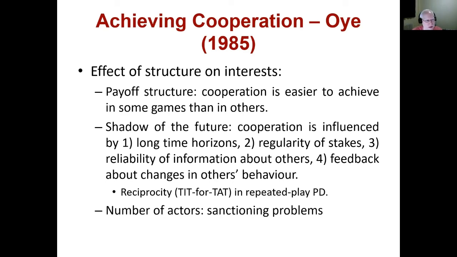So in those types, having reliable information about what the other one's going to do is very important to achieving positive results. And then feedback about changes in others' behavior. So again, information is highly valuable in these types of games, whether it's a coordination or a collaboration type problem. In a coordination one, if the other one's going to be changing behavior, you want to make sure that you're changing your behavior accordingly. And if it's a collaboration type game, if the other side's going to be defecting, imagine